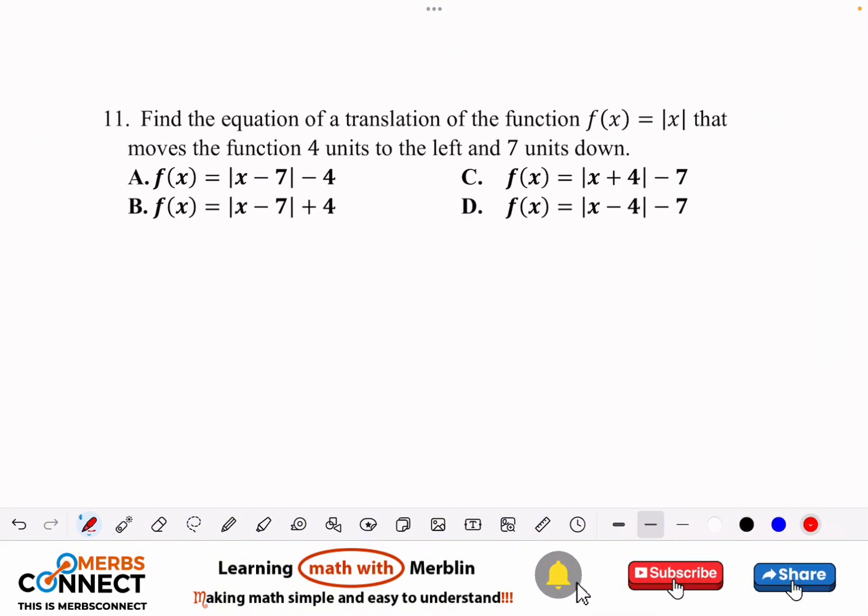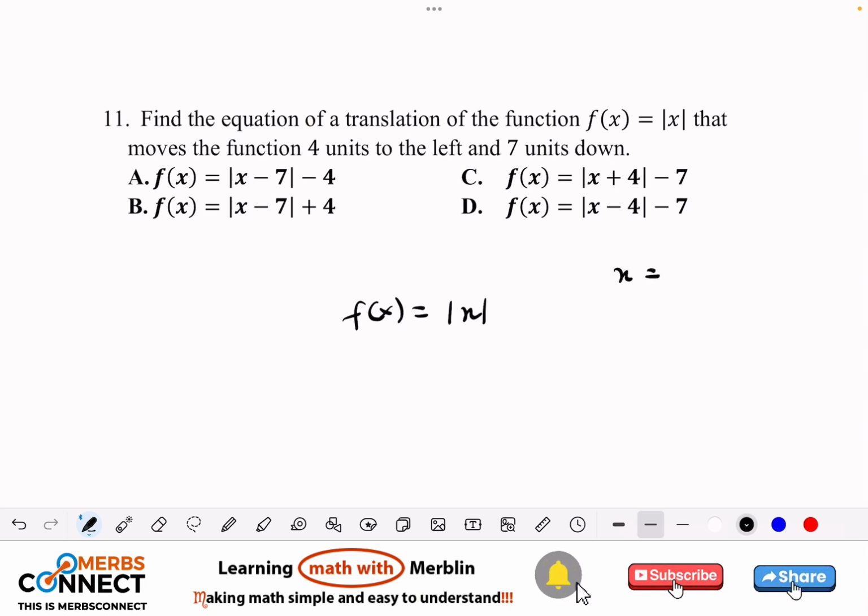Now let's look at question 11. So question 11, we want to look at a translation from this graph, right? So we have f of x, which is equal to absolute of x. So let's look at the translation. So we are saying that this graph here moves 4 units to the left. 4 units to the left. So 4 units to the left means that